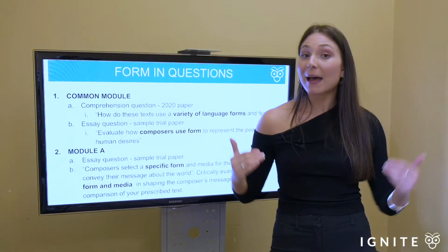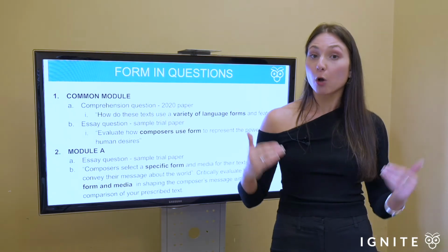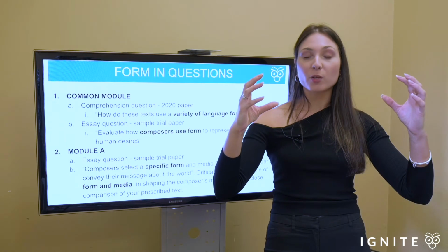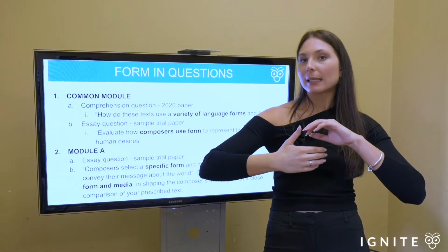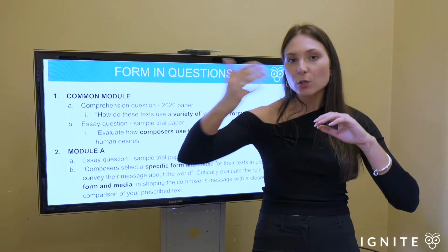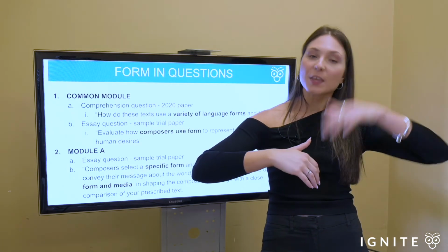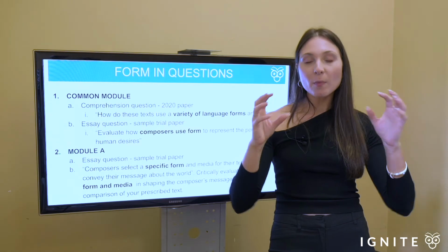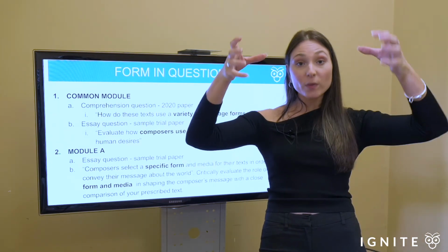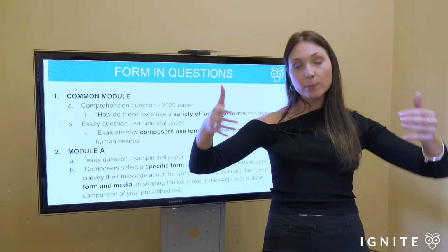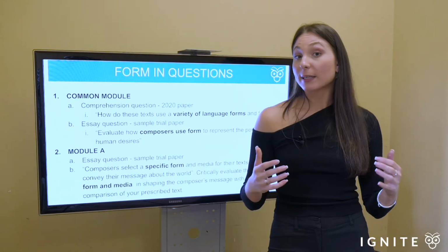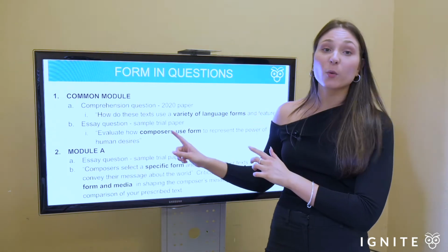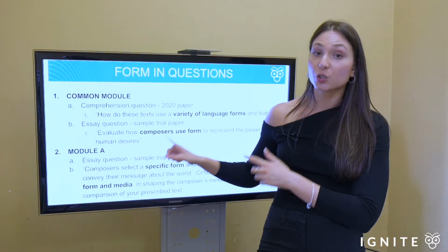Indeed, each of your paragraphs, I would argue, should open with a discussion of form, start with an example of form in your text. For example, if you're looking at, let's say, The Crucible, discuss the allegorical nature of the play, discuss the theatrical form of the play. Think about those key elements of form, and you can start each paragraph with an example of that and then move into the stylistic features or the linguistic elements of the text. And if you do that, you're safe for when the question does explicitly call on you to raise form.